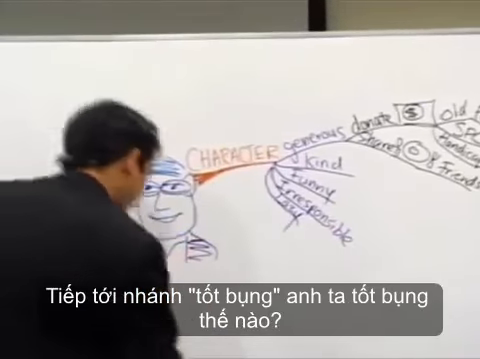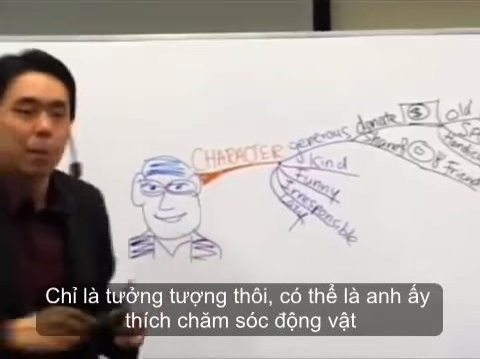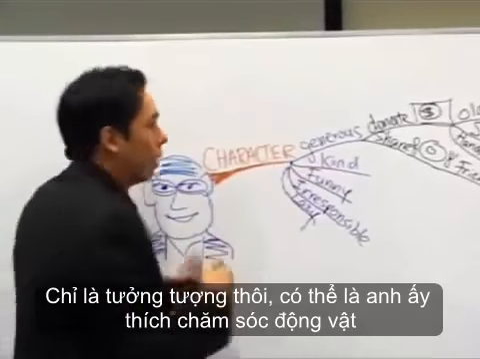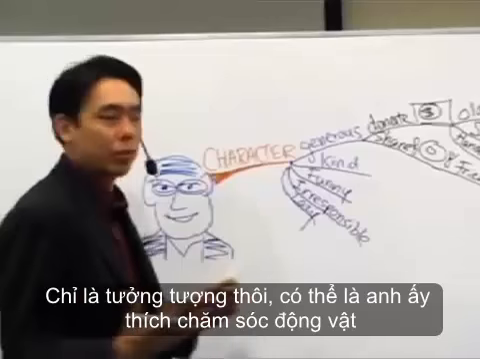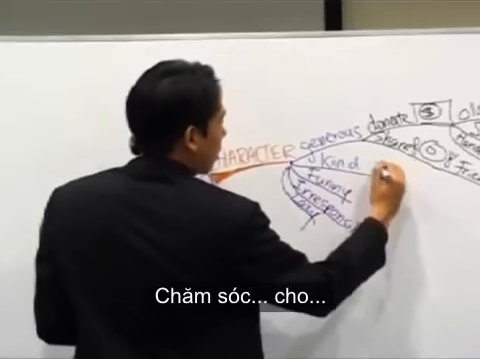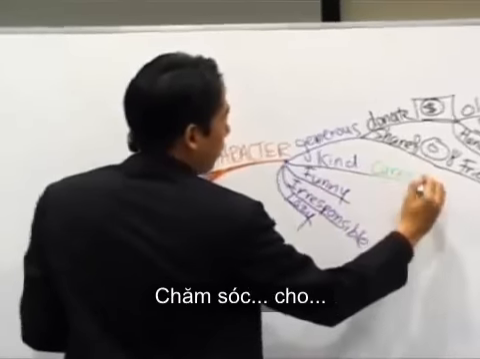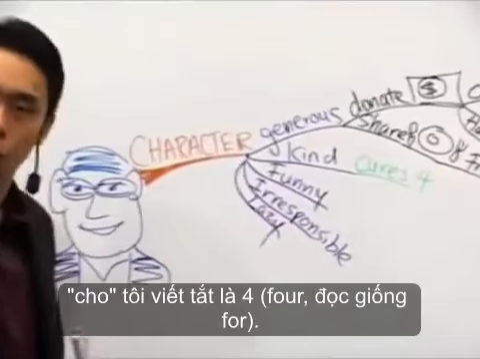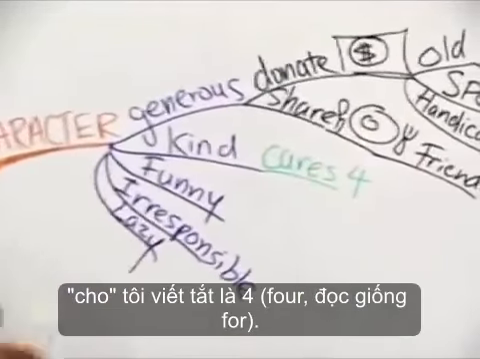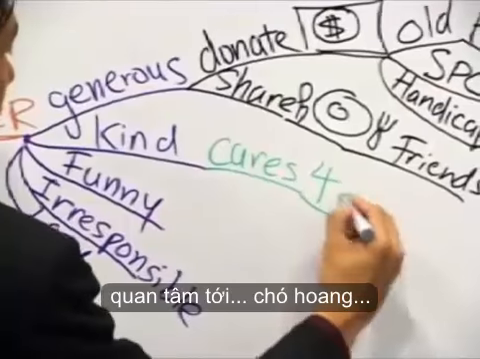Okay, under kind. Why is he kind? Again, I'm just making stuff up. Maybe he's very kind because he tends to take care of stray animals, right? So, cares for. Now, use the word for to represent cares for. Again, it's a symbol. Cares for stray